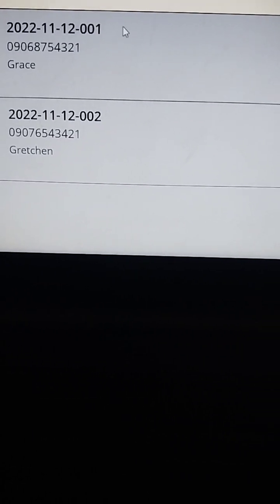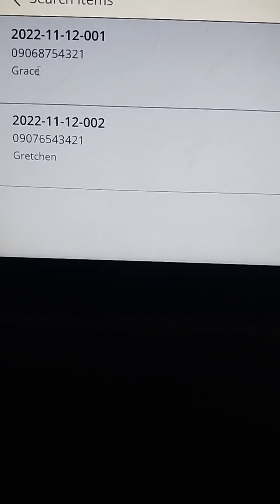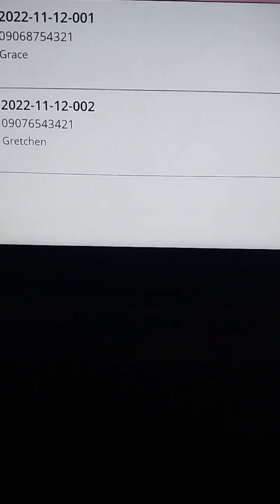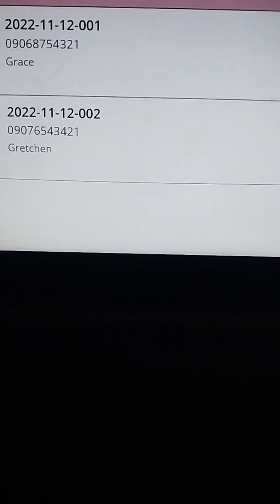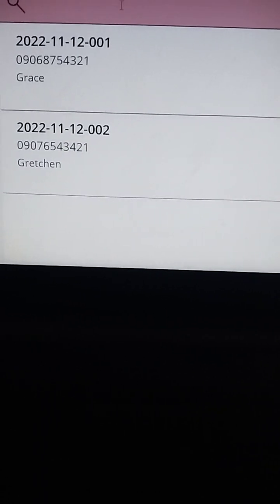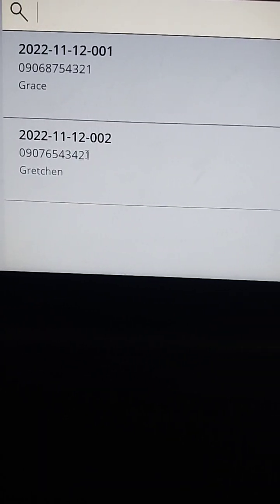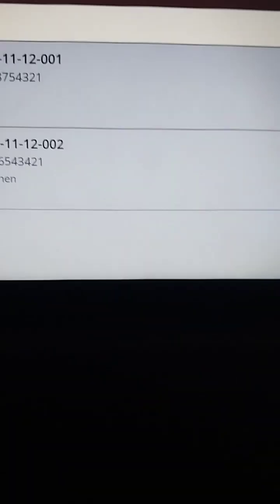You have the search. If you want to search, you can use the ID to search. You can also use name to search, and you can also refresh. You can add new